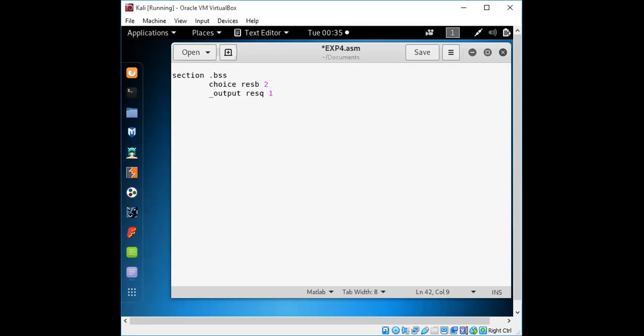After performing addition and multiplication, we might definitely require some more size, so depending on that, we'll take up some more space for reserving this output.